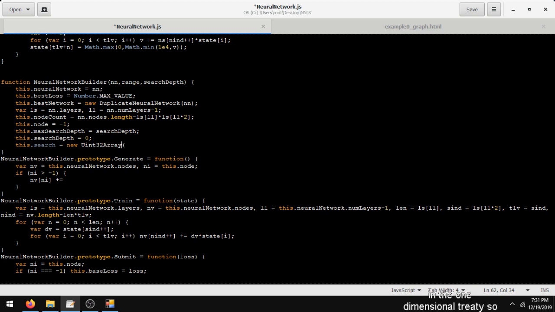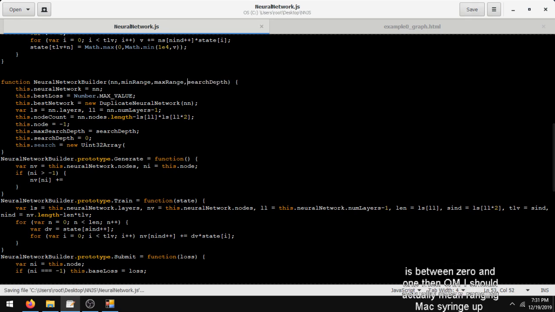So imagine if the range is between 0 and 1, then I should actually do min range and max range. If it's 0 and 1,